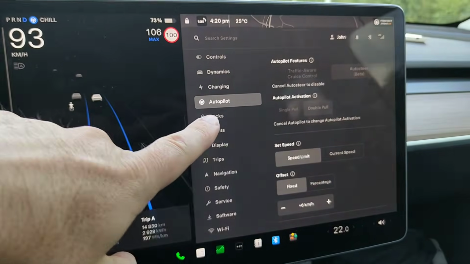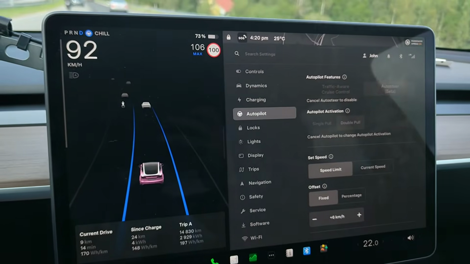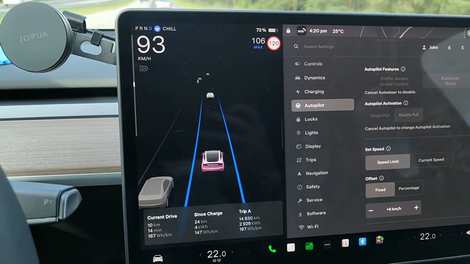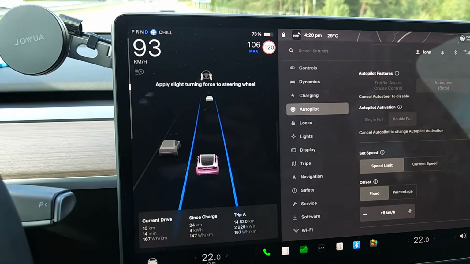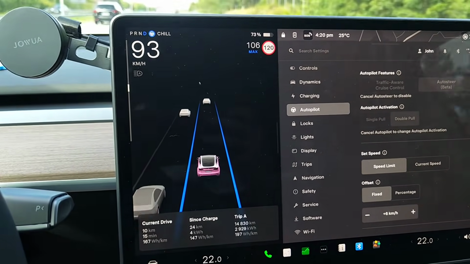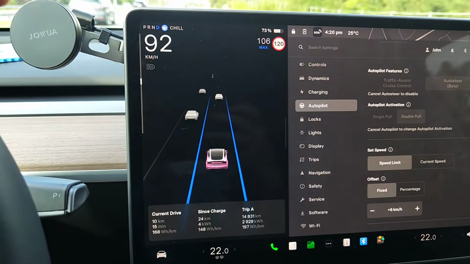Under the settings, under autopilot, you have some settings you can configure how the cruise control works. And the best thing about the Tesla cruise control is that all of this comes standard on each Tesla. You don't need to pay anything extra for the cruise control or the adaptive cruise control or the lane